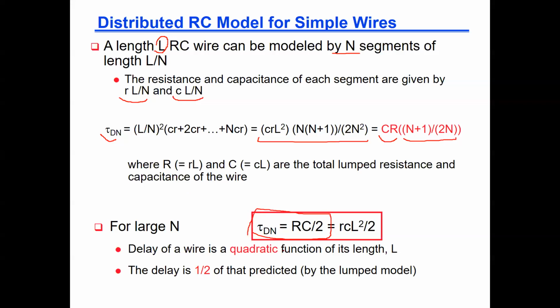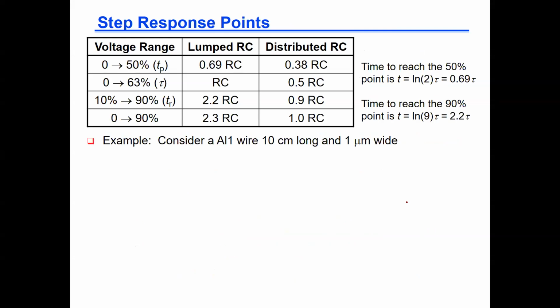So it is still quadratic in L, because the R is the unit resistance times L and the C is the unit capacitance times L, but it is half that value which is predicted by the lumped model. And so what we have on this chart here is a table, and the table tells me that if I know the RC of the wire, if I want to assume the lumped model, let me see what